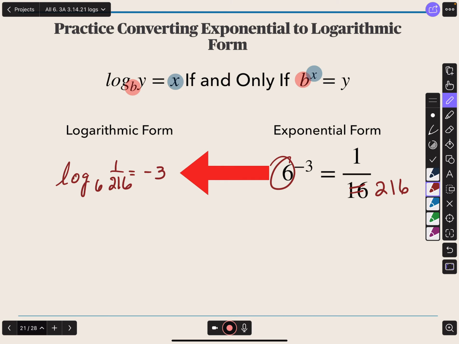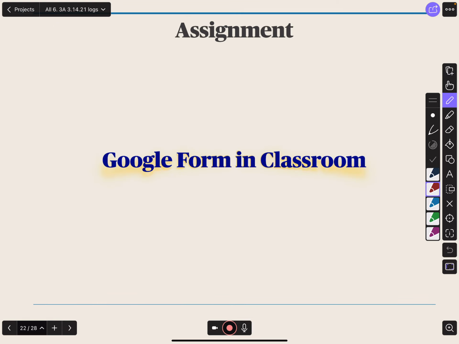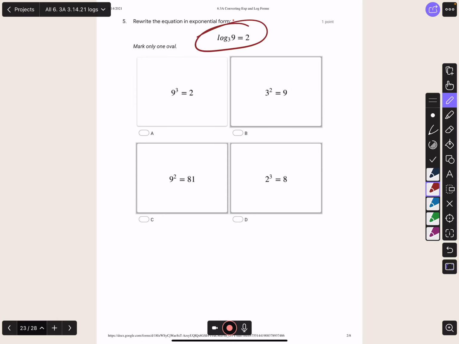Okay, so that's all you have to do today. Google form in the classroom, and you can see, hey, here it is as a logarithm. Change it to exponential form. Remember your